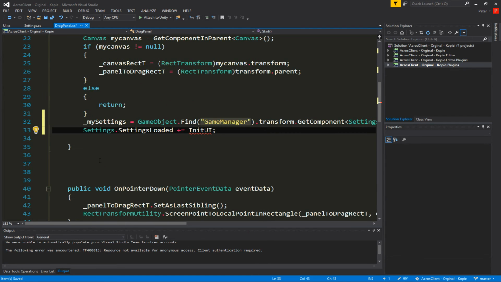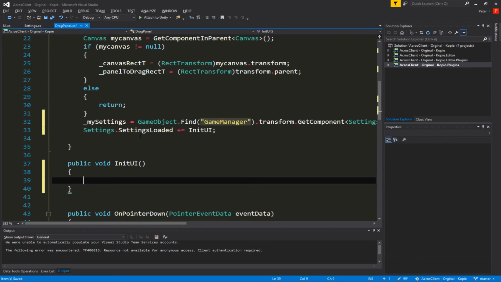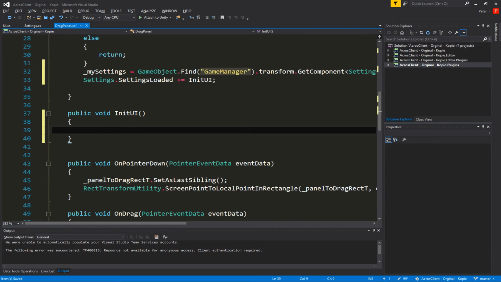And of course we have to have the built-in function, which is called public void init UI. So we wait for the settings manager to be loaded, the event is coming up, and we call the init UI function. And in the init UI function, we're going to set a float